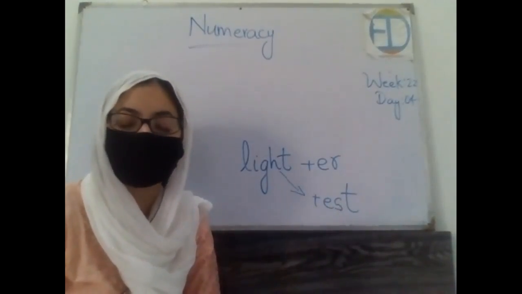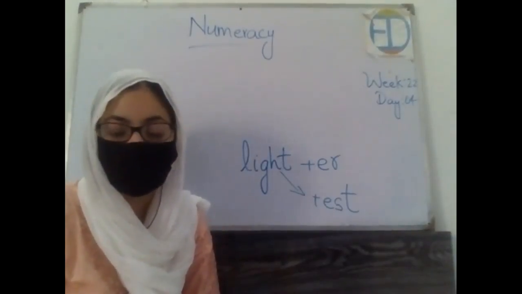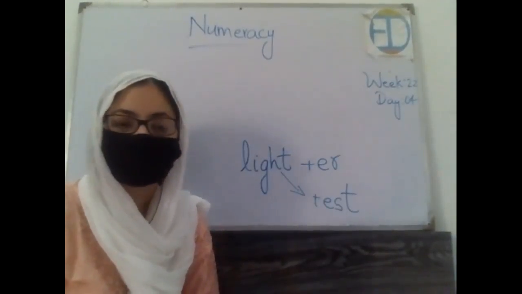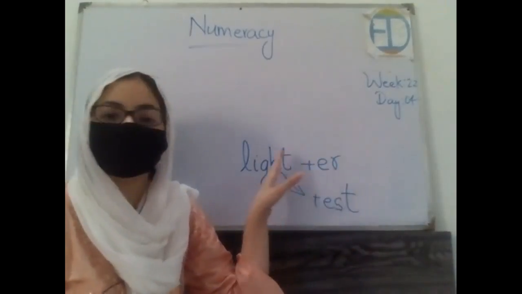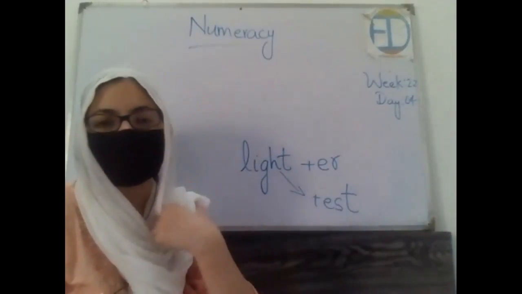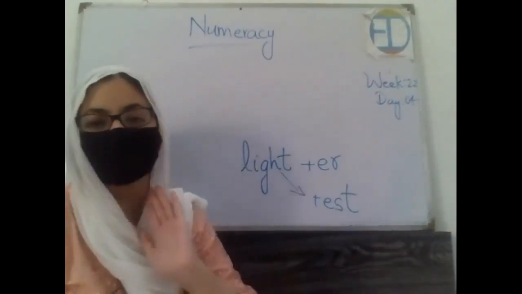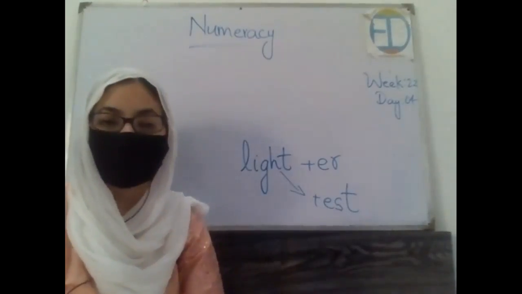In this way, we make the degrees of adjectives: first, second, and third. First is the original word that we already have. By adding er to it, we make the second one, and by adding est, we make the third one. Okay, and then we practiced it with a lot of words as well, and we observed the differences between the objects, we compared them.